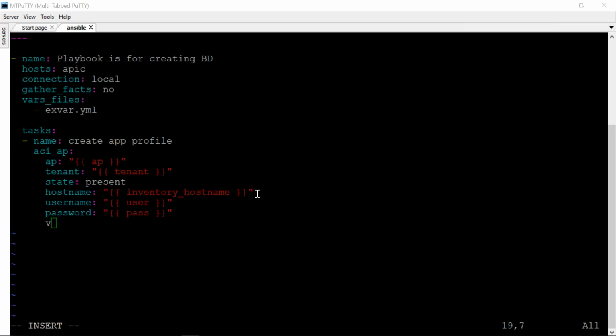Then we can give the validate certs that we used to do in the earlier programs. So validate certs false. Alright, so the same way I need to create another task as well. This time the task is related to endpoint group. So I can create EPG, endpoint group, and here I have to give ACI underscore